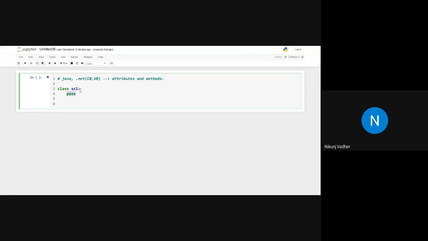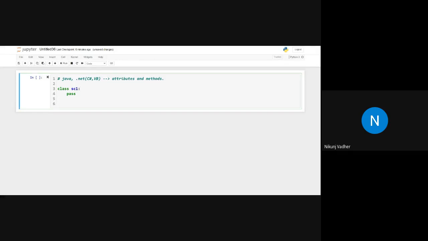Otherwise, whenever there is a colon, after the colon it will search for a new statement of code, so we cannot write an empty class. So pass means there is nothing, continue with the execution. Here we have defined an empty class.